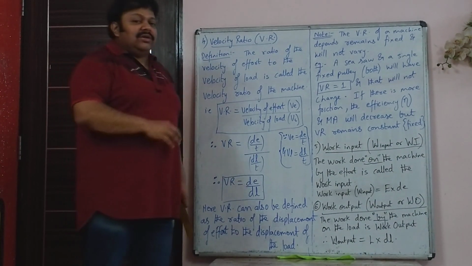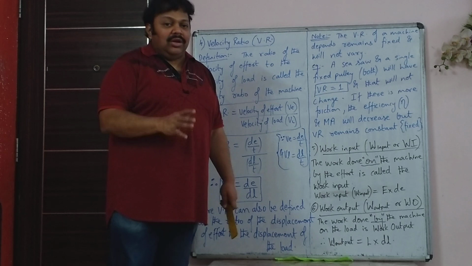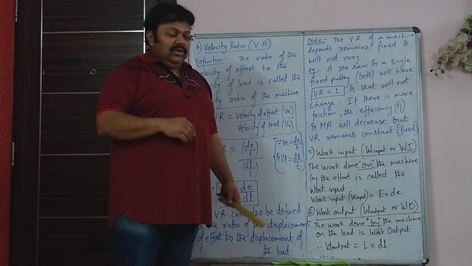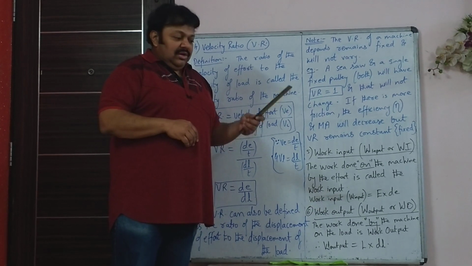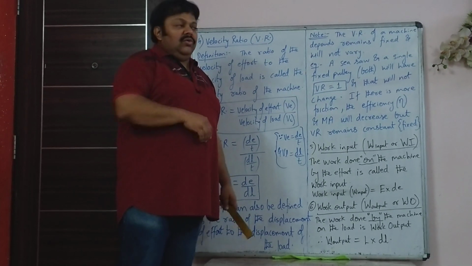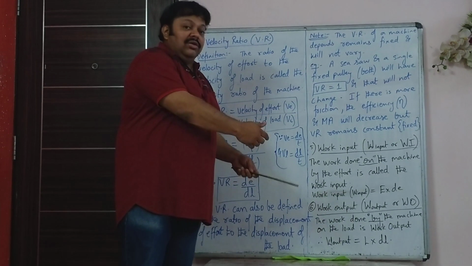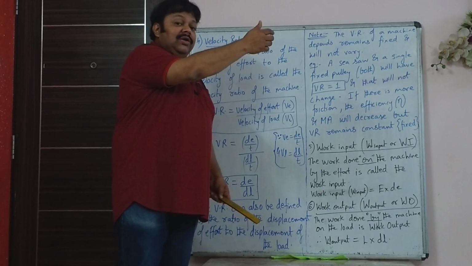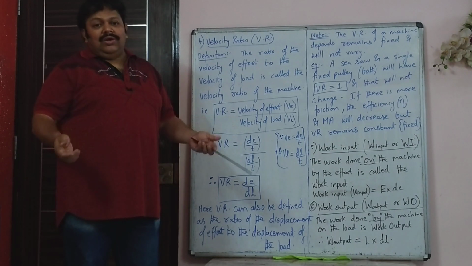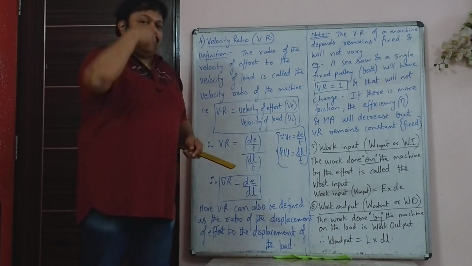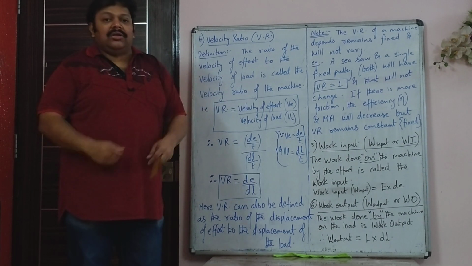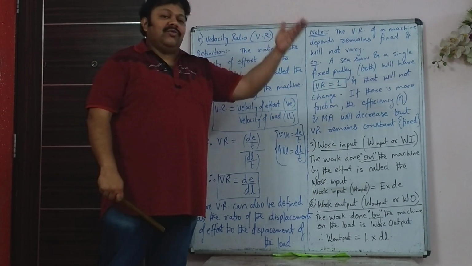To understand this better, just understand the working of the pulley. The single fixed pulley which you may have used in your native place also. Let's say you have a well and water is 20 meter deep. So the bucket is what? The load. The bucket has to come up by 20 meter. How much you have to pull the rope by? 20 meter, very simple. Because that rope is attached to the bucket. So only if you pull the rope down 20 meters, will the bucket come up by 20 meters.